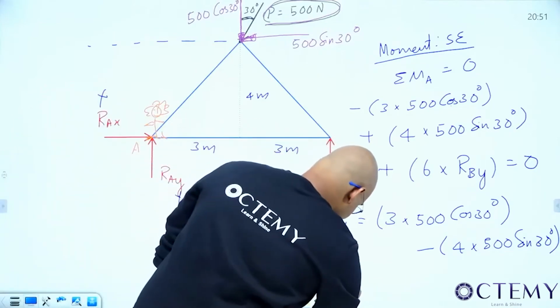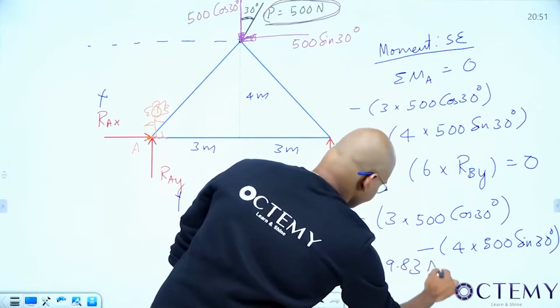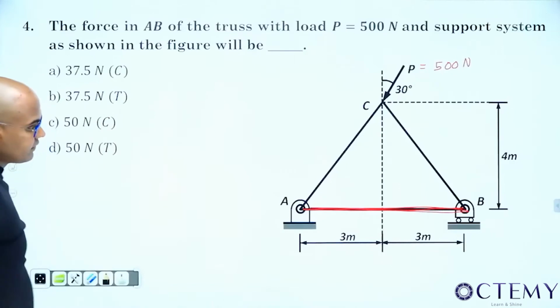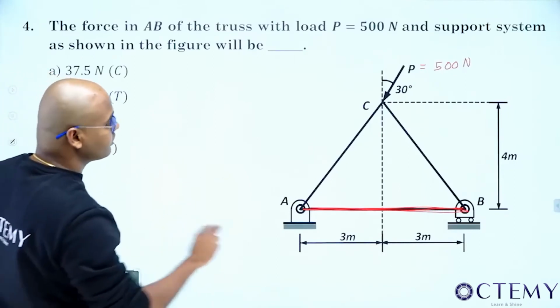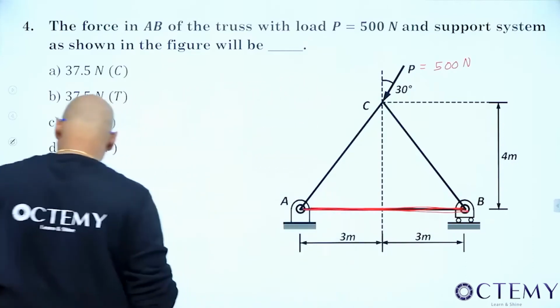$49.83. Hope I'm correct. 49.83 newtons, because he has given in newtons. Okay. Next, I got RB. I got C. I want to find the load in member AB. I got RBY. Now draw the free body diagram of joint